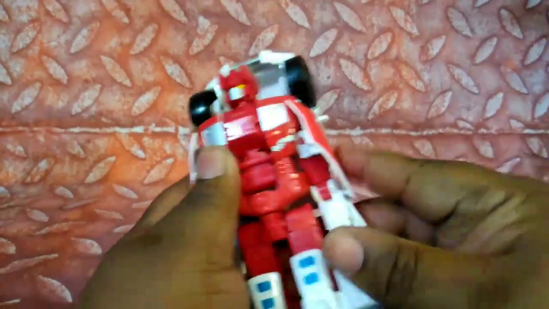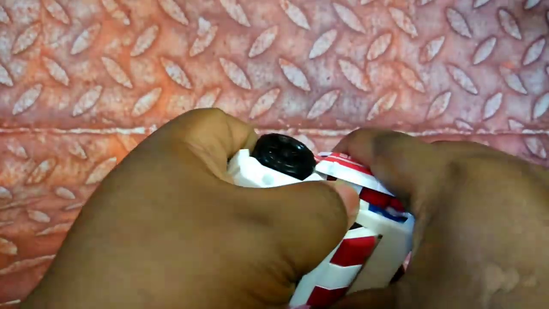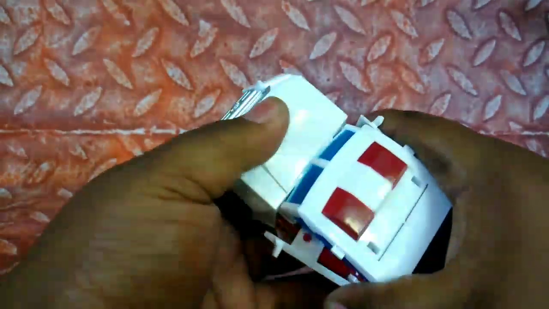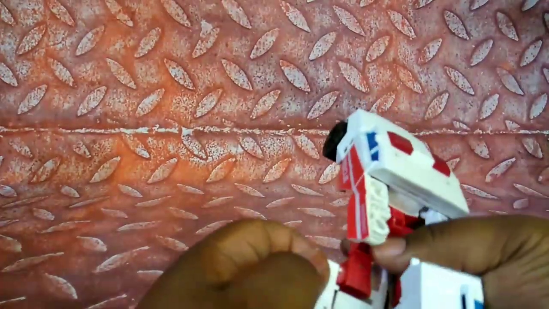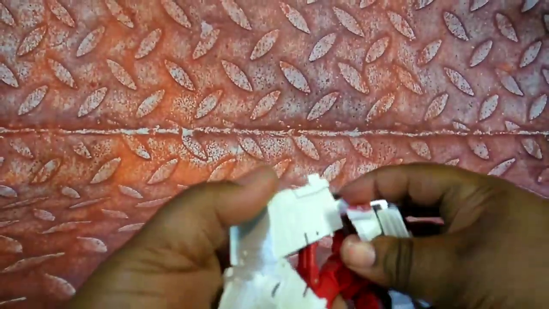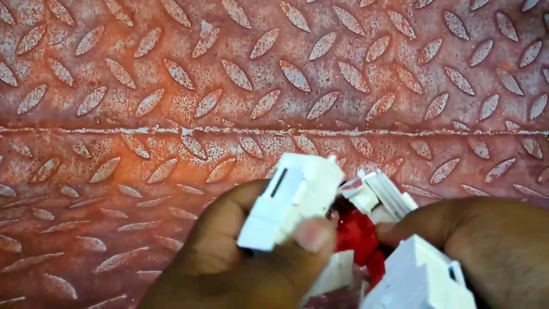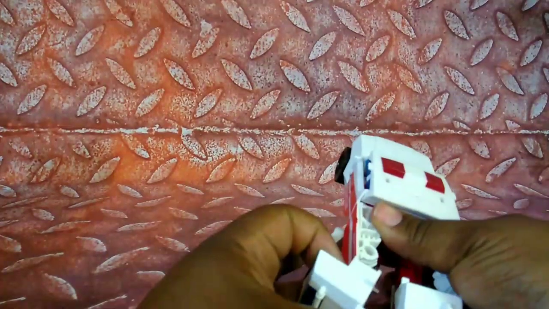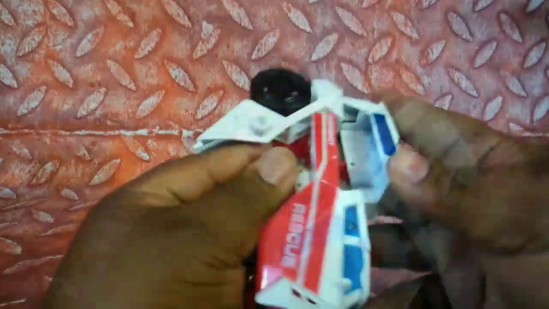Turn this around. We want to take this. We want to unpeg this. And it's going to come down right into here. Back of his legs, they're going to open up. And you're going to fold these down. And make sure that doesn't pop off. You're going to turn this around like so. And it's going to all